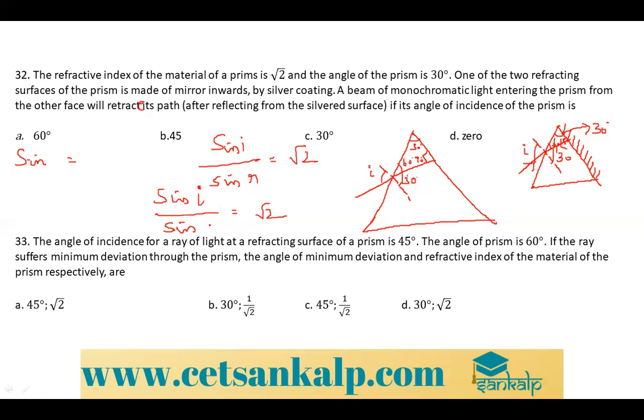So sin i is equal to, sin r is 30 degree. So sin i, if you keep it like that, root 2 into 1/2. So root 2 into 1, root 2 into root 2 cancel, it is 1/√2. So sin i is equal to